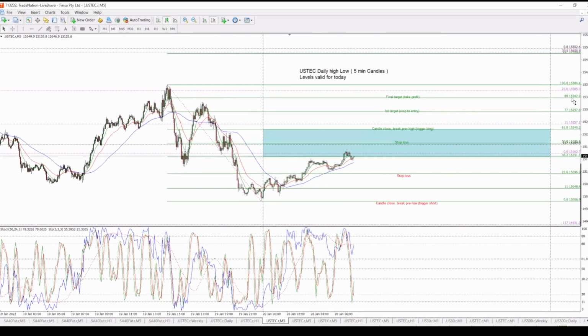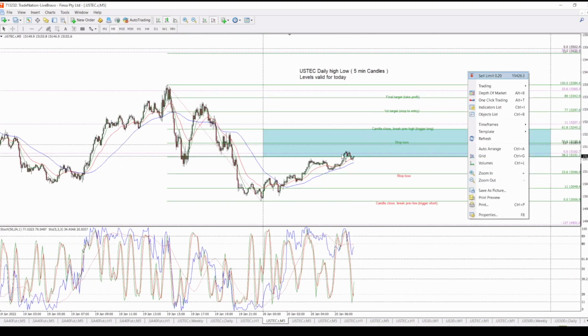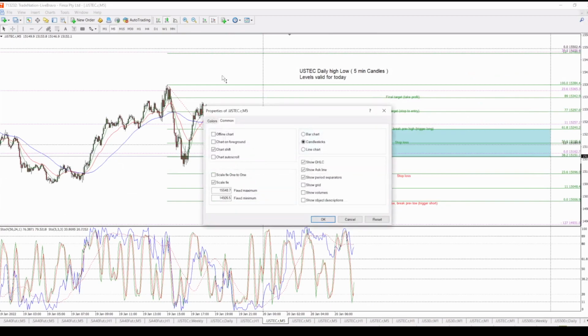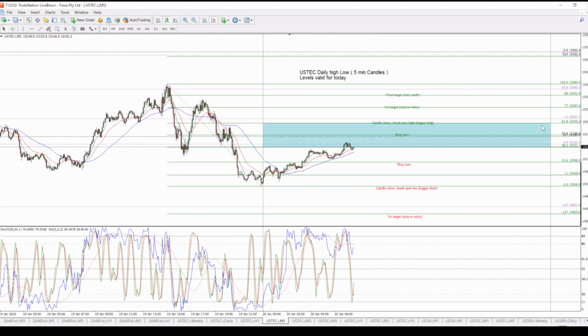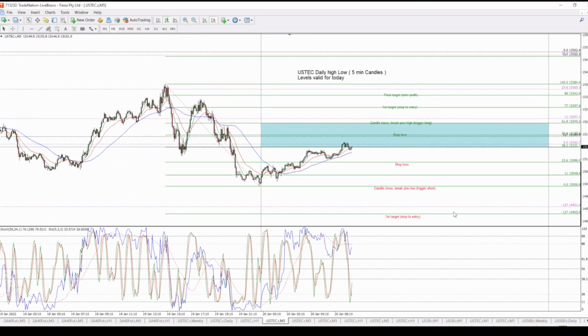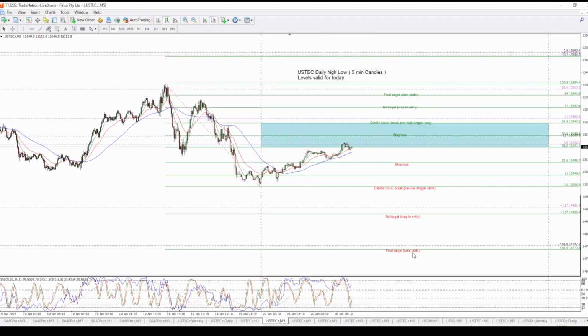Also, we've looked at the daily high low. So currently trend is up, 8 is above 21, above 50, starting to enter that consolidation zone again. If you look at moving averages, 8 is above 21, above 50, that's indicating trend is up. The only triggers now are a candle close above 61.8, break previous candle high, and we will be chasing that 89 level. Otherwise, for a trigger short, it will be a candle close below 0, break previous candle low, and we will be chasing that minus 161 level.